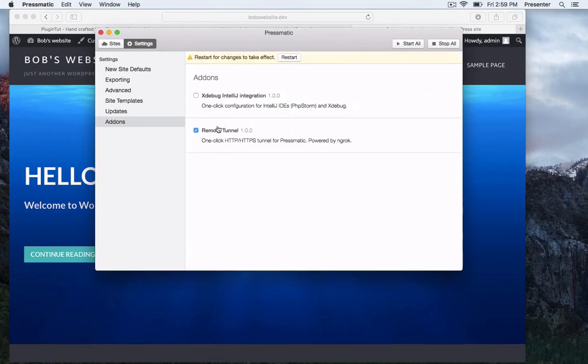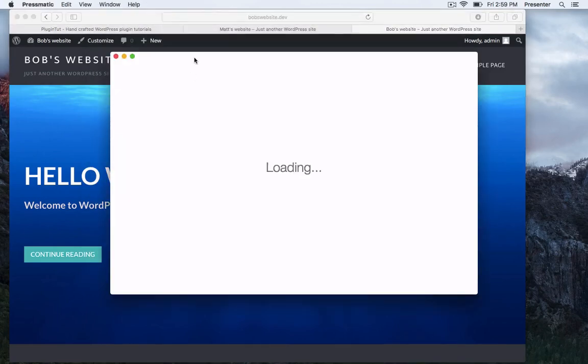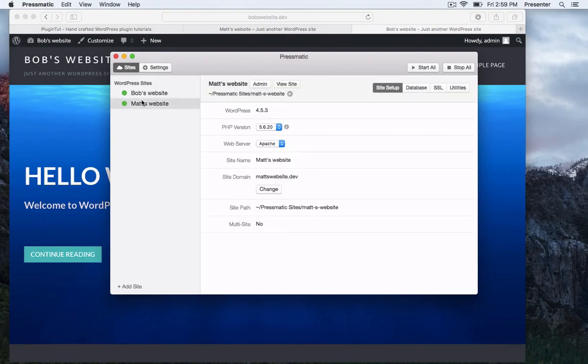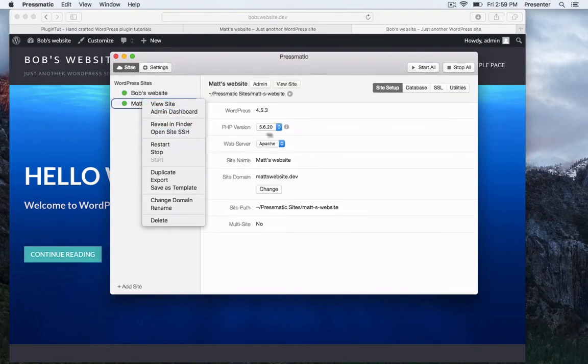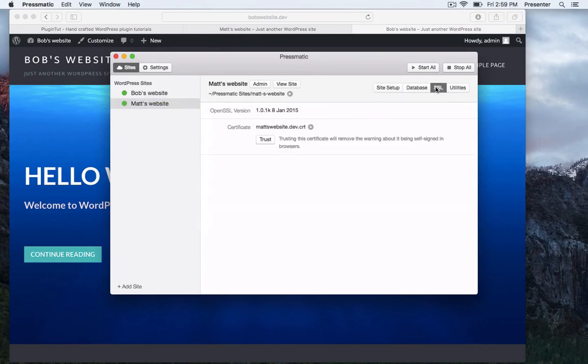I'm enabling remote tunnel. Let's restart that. I read about this on their website before I installed everything. And this looks really, really cool. So I can do, let's see, I don't know how to get to it. So let's figure out how to do that real quick. Database, SSL, utilities, remote tunnel. So when I enable that remote tunnel, I can use this little unique domain right here,